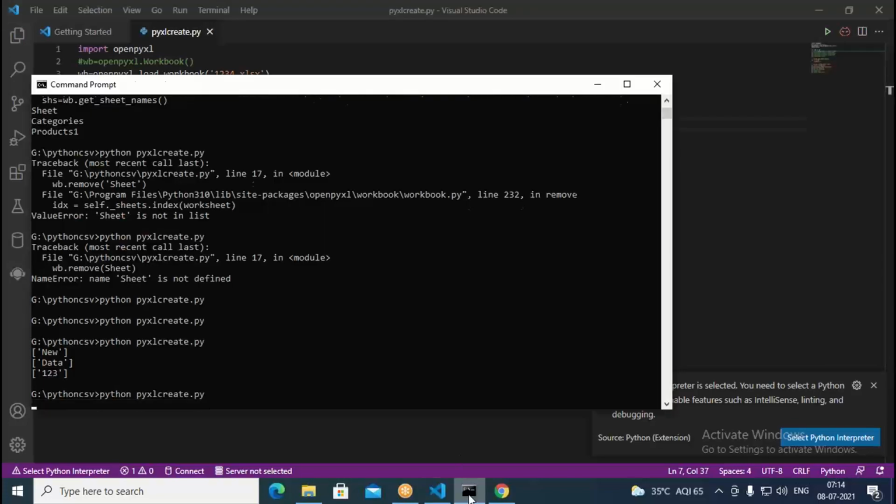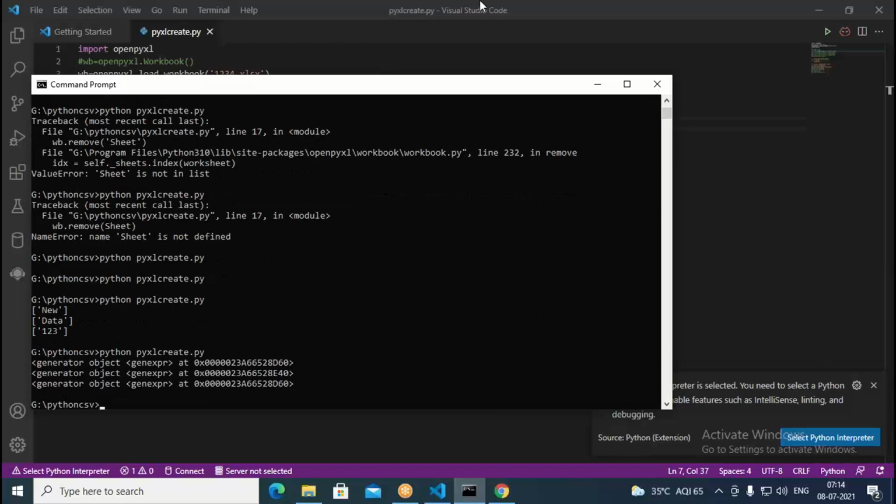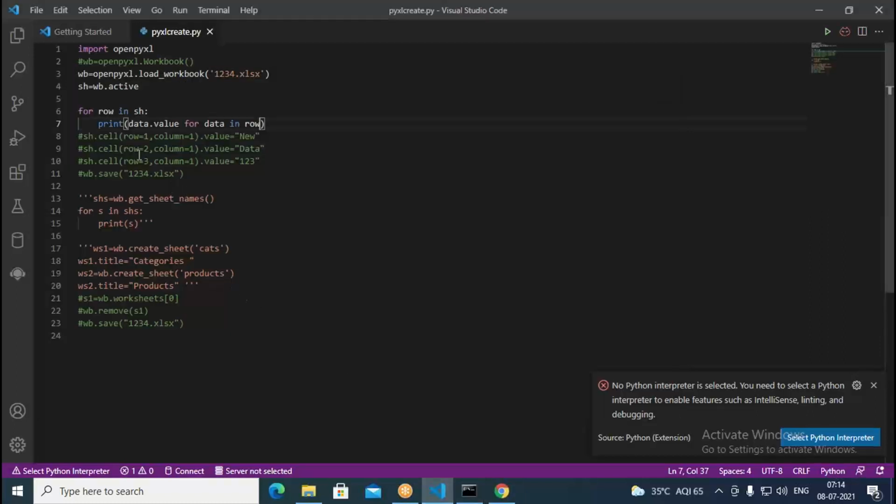The generator object is shown like this. In such cases we can go with the square brackets only, otherwise we need to go with another loop there. If we use another loop, it will come properly.